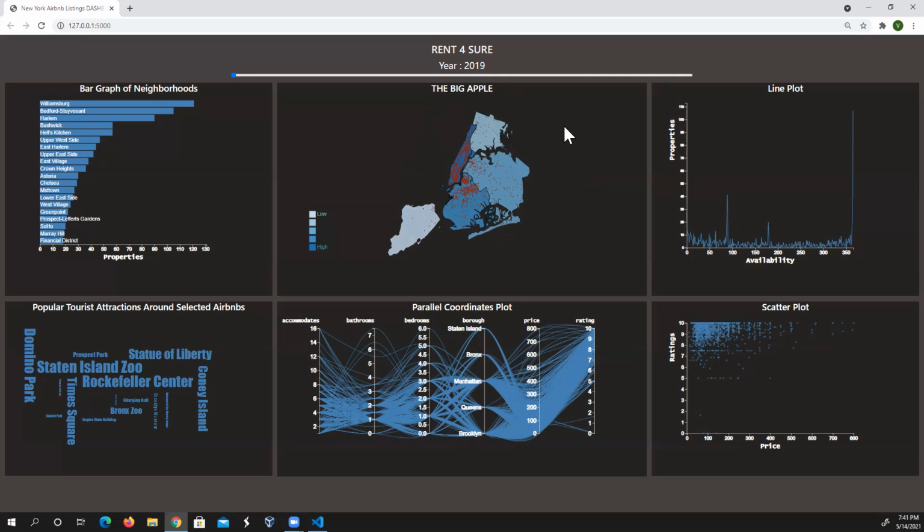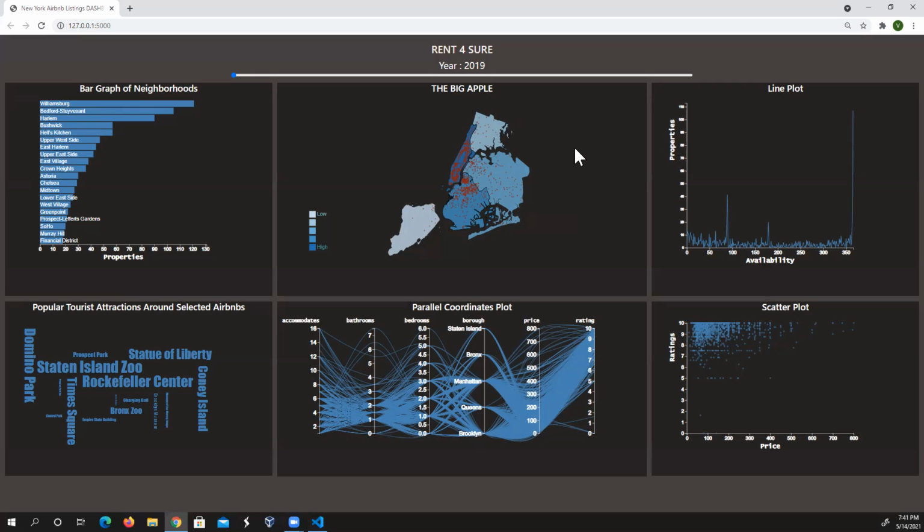Then let's talk about the average price. In the year 2021 and prior, in the year 2020, we had the pandemic, and it affected the tourism industry. We wanted to check if this has also affected the Airbnb industry, specifically in New York City.